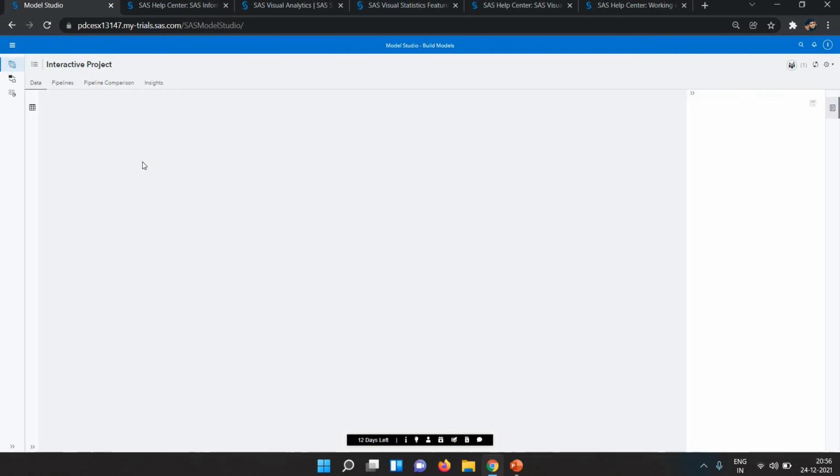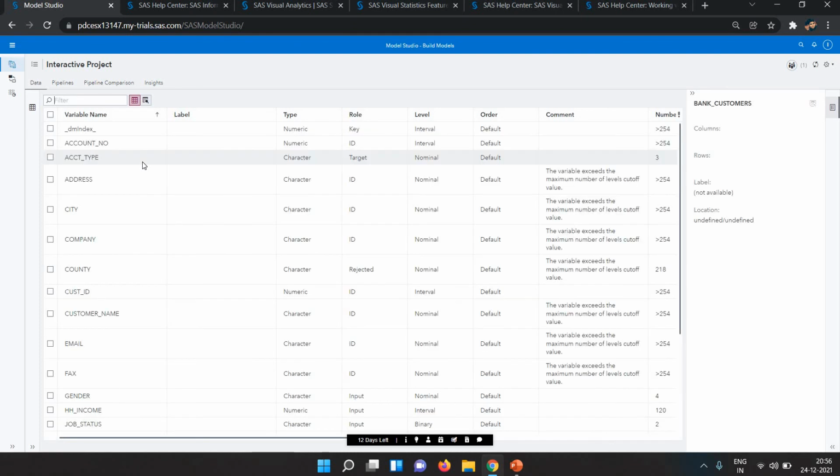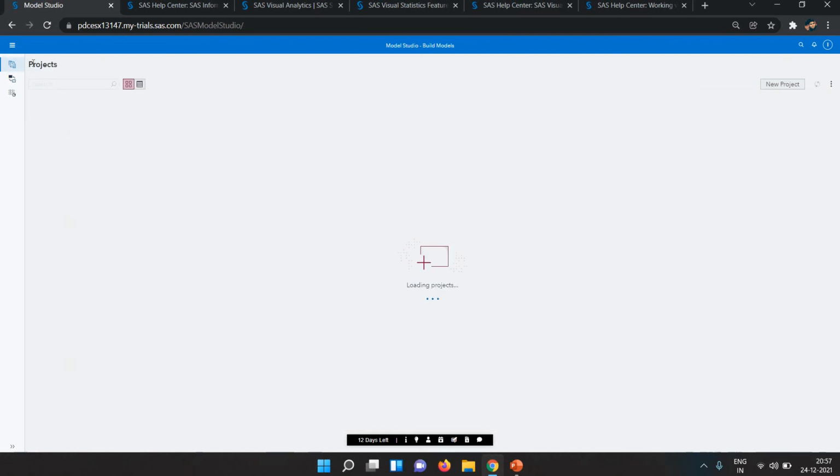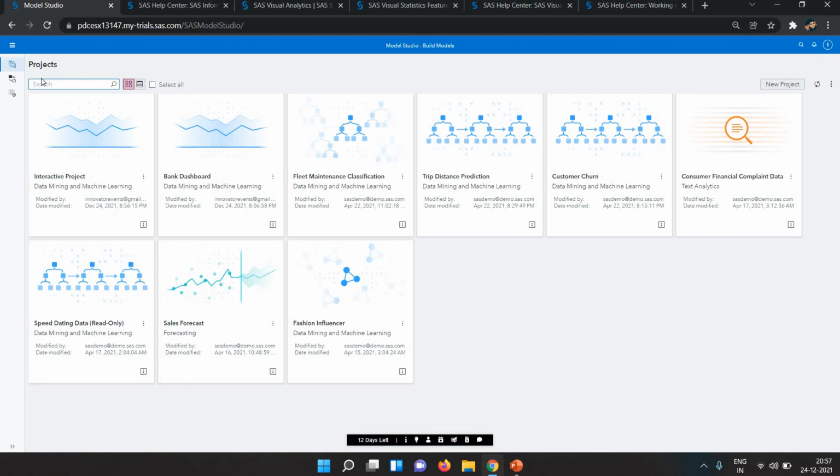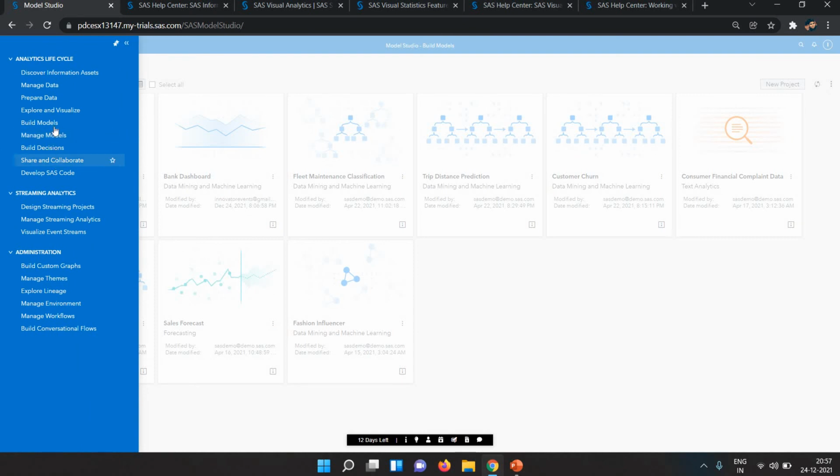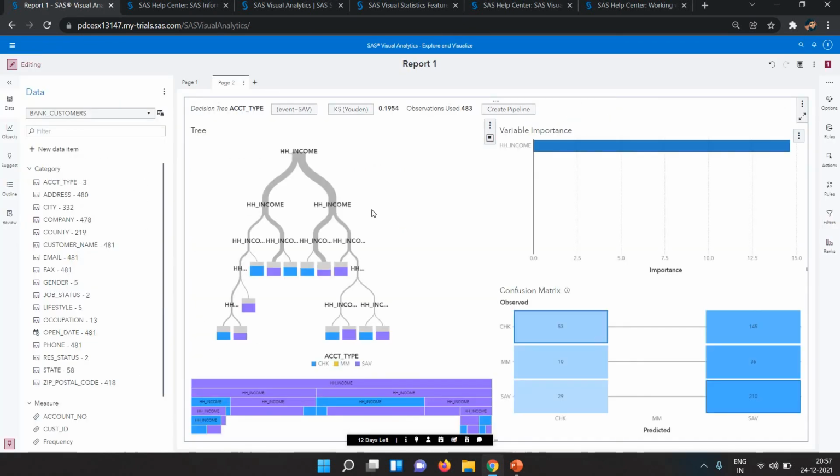This is my data details, and the variable details are here. So this is how we are creating the decision tree. We will see the decision tree in detail in the next session, what we are doing with it and how we observe and predict the data in the upcoming sessions. Okay, thank you guys.